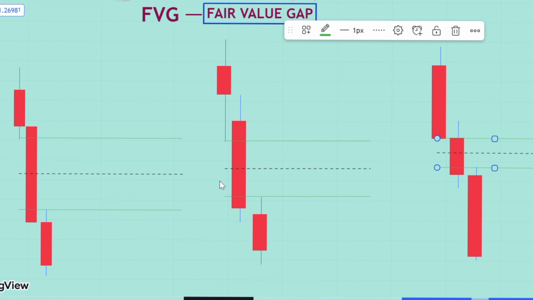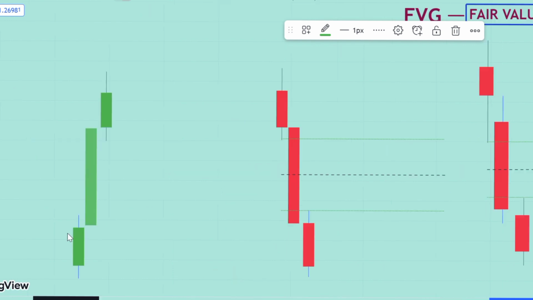So either you are learning how to use your fair value gap to trade, or you are missing out on your trades and entering bad trades, because fair value gaps are very vital institutional reference points when we talk about SMC. The same thing applies to this point. We have our fair value gap from this point